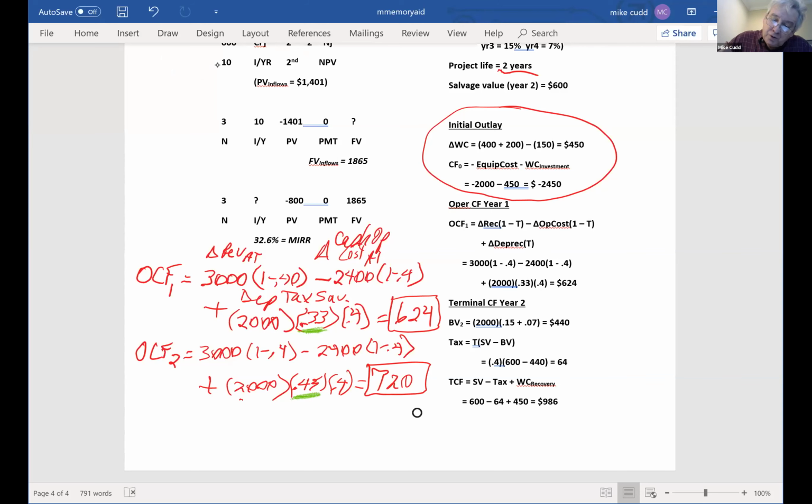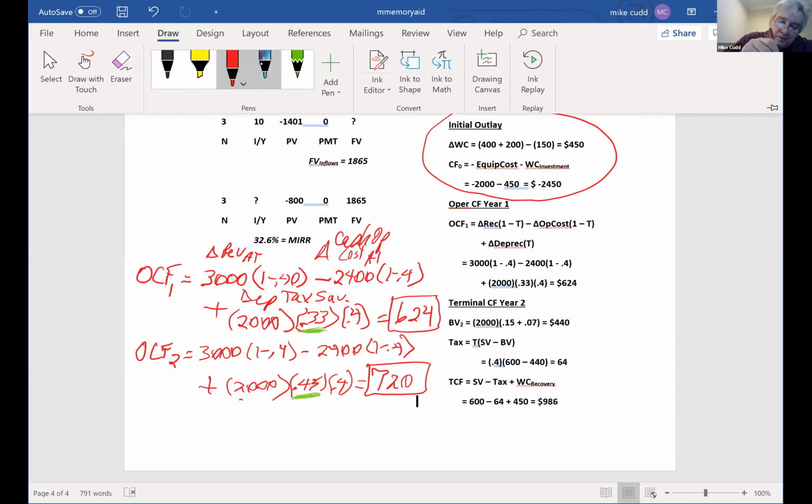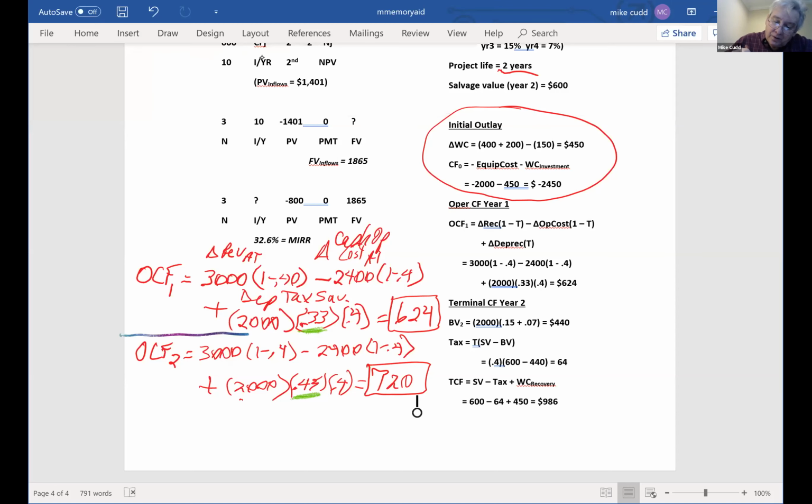And then for the terminal cash flow, yeah, this whole thing I left out, and I apologize for that. This part was left out of the solution. It should have been squeezed in right here. Then for the terminal cash flow,